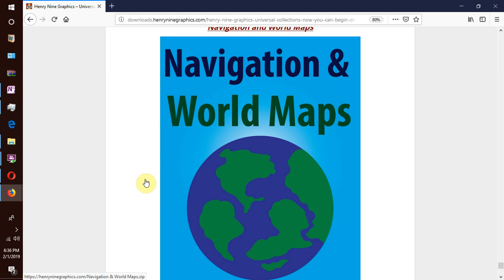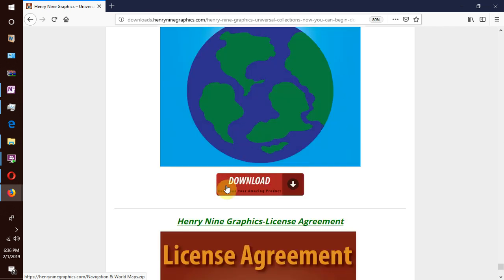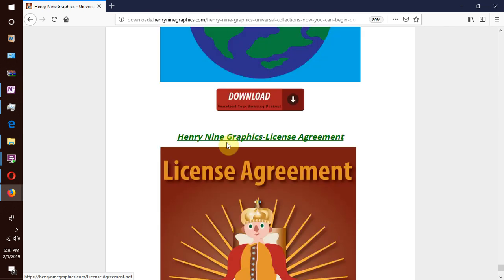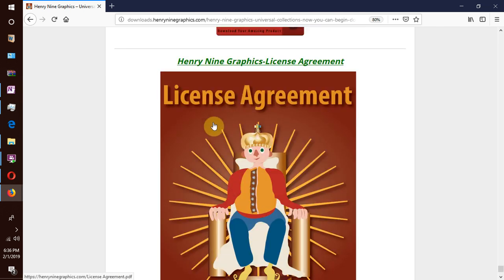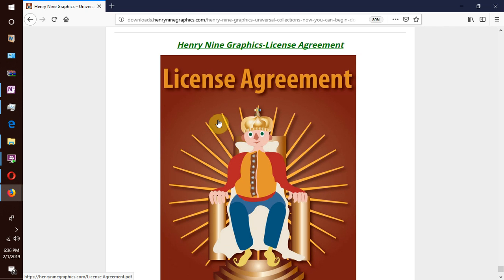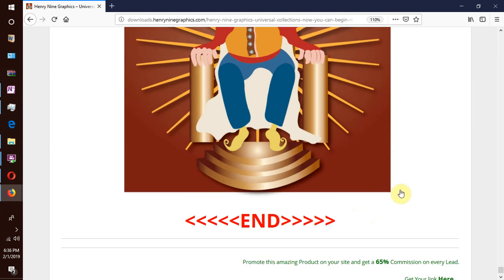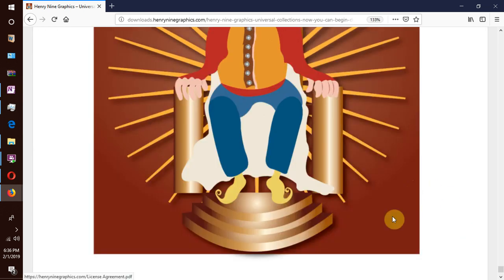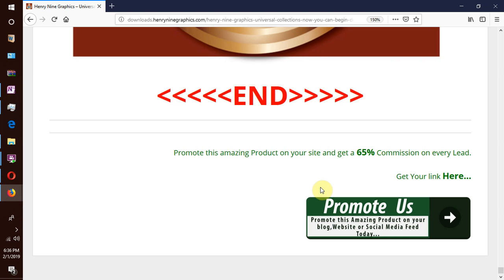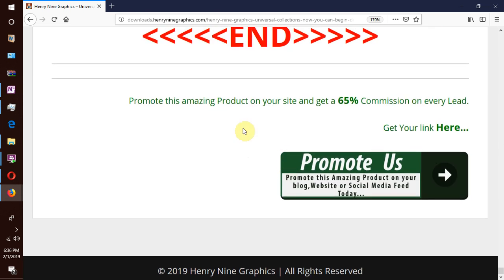We have got a little text down here. Yes, your license agreements, you get to read through them. It is in PDF format. We have a little bit of text down here. Let me enlarge it so that you can see it properly, which says